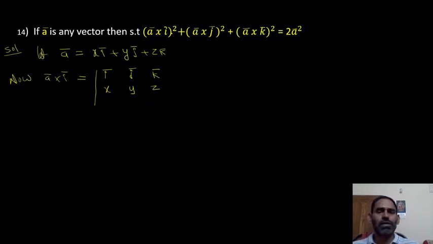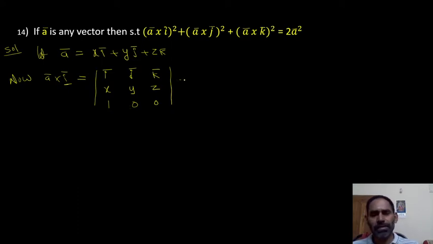Next, what about the coefficient of I bar here? I bar coefficient is 1, remaining there is no J bar, K bar here. So 0, 0. You have to expand this. Listen, A bar, what are the coefficients of A bar here? X, Y, Z. What are the coefficients of I bar? 1, 0, 0. Only I bar is there in the second vector. So I bar coefficient 1, J bar coefficient is 0, K bar coefficient is 0.